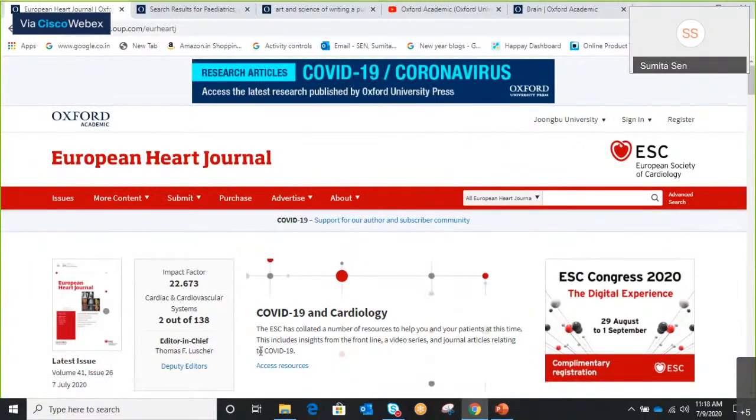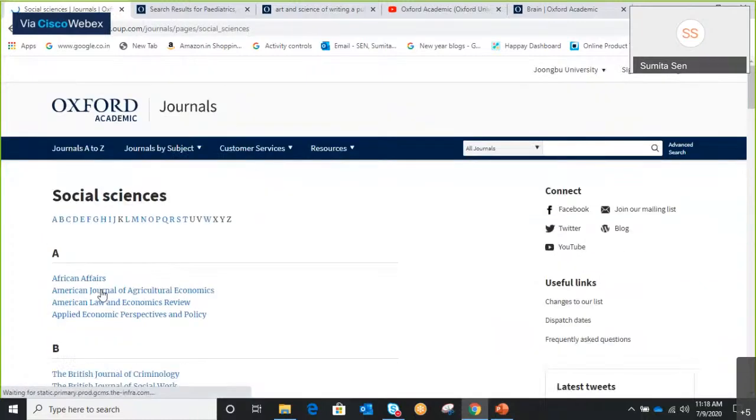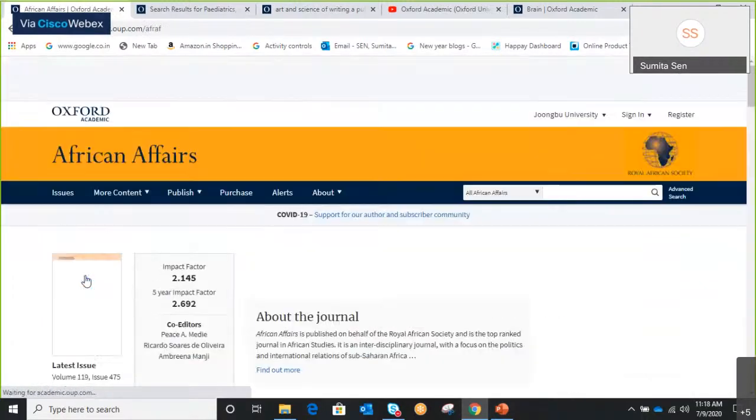Now, depending on the subject that you're doing your research in, you might look at some journals, say a humanities journal. Usually humanities journals don't have an impact factor unless they are multidisciplinary journals. But if you look at, say, something like African Affairs, I'll just go back and take a look at African Affairs. Let's go to social sciences. Let's click on African Affairs.